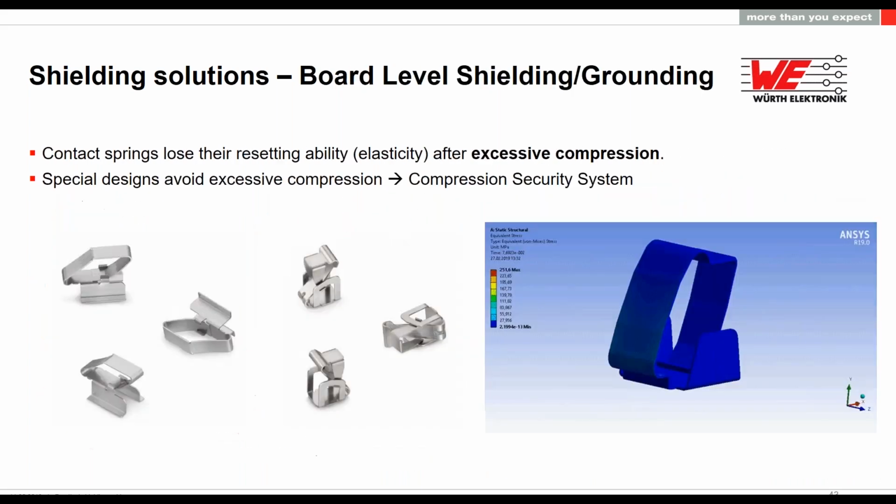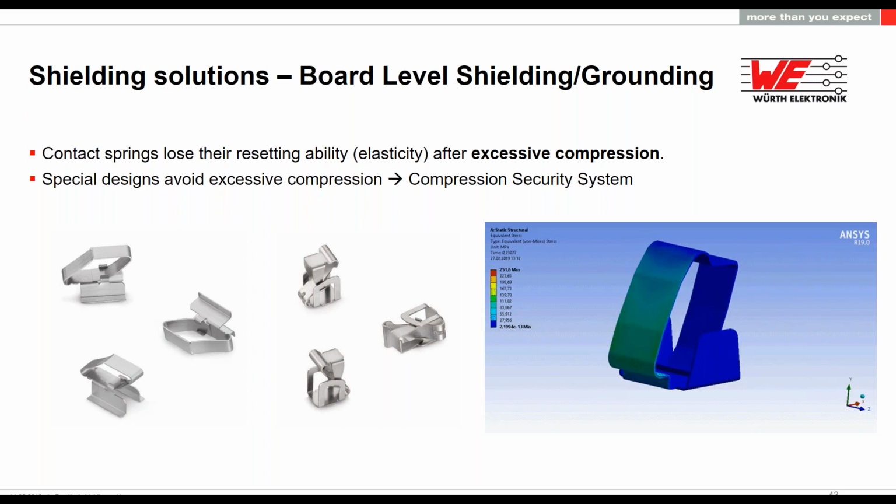So this system is designed to provide a maximum point, a mechanical point where you cannot compress it anymore. This is to avoid elasticity problems, as we said before. And normally when you overcompress a contact finger, what happens is that it can break,